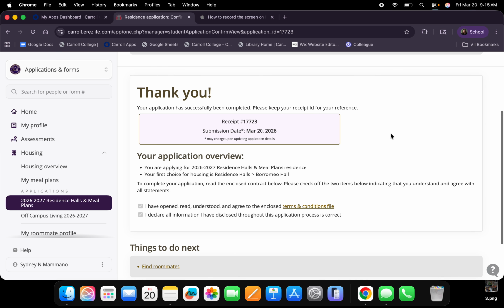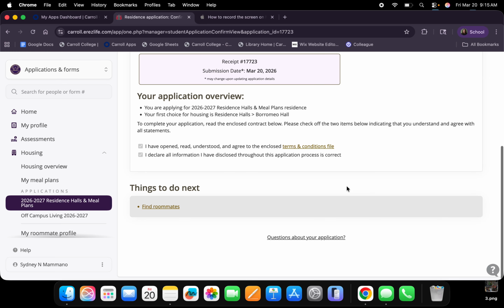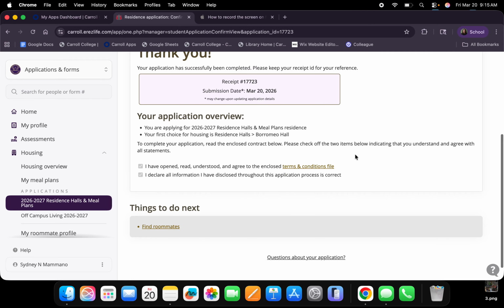And then you should get this big thank you and also a receipt number. This will be something good for you when you get an email confirming that you've submitted your application. You'll have this receipt number to look up. And then things to do next are finding your roommates. But otherwise, you have completed your housing